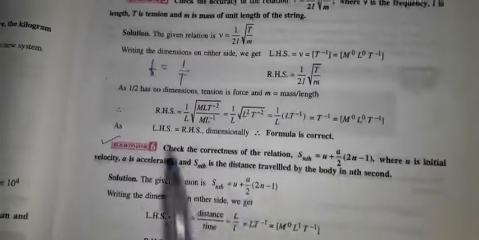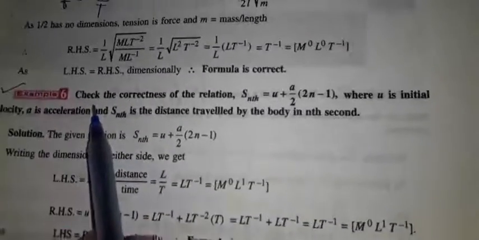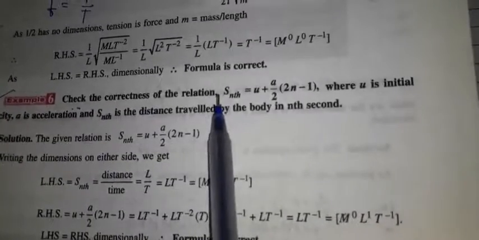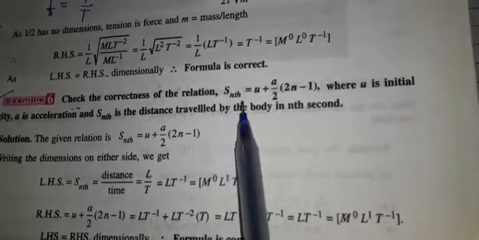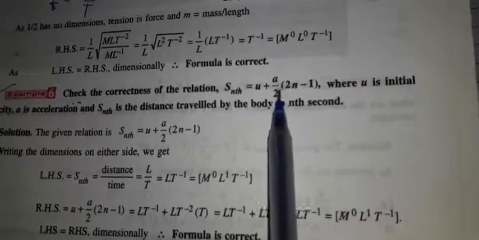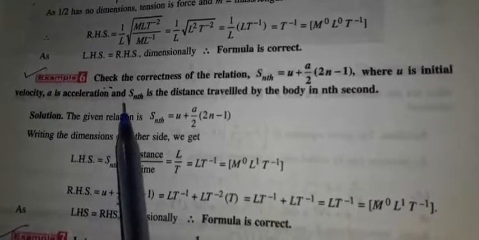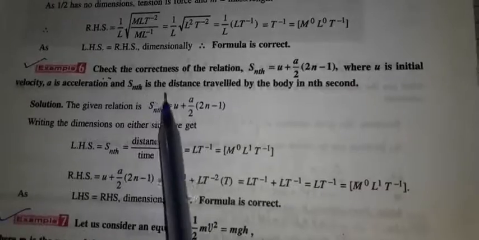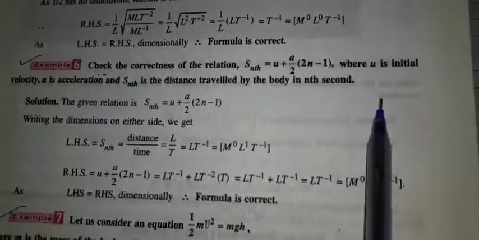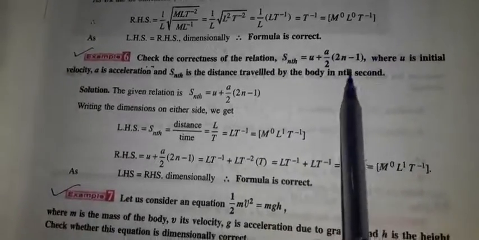Now the third question is, check the correctness of the relation, and the relation is S_nth equal to u plus a by 2 in bracket 2n minus 1, where u is the initial velocity, a is the acceleration, and S_nth is the distance traveled by the body in the nth second. So this is the relation,